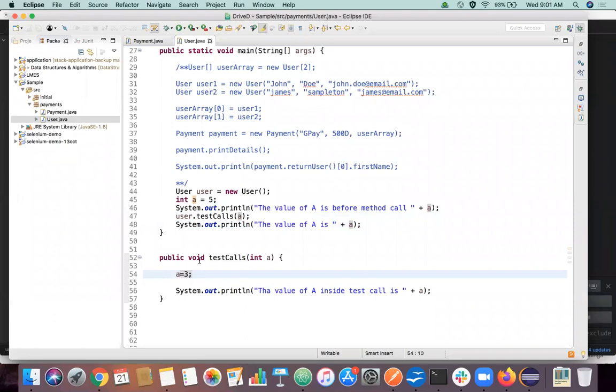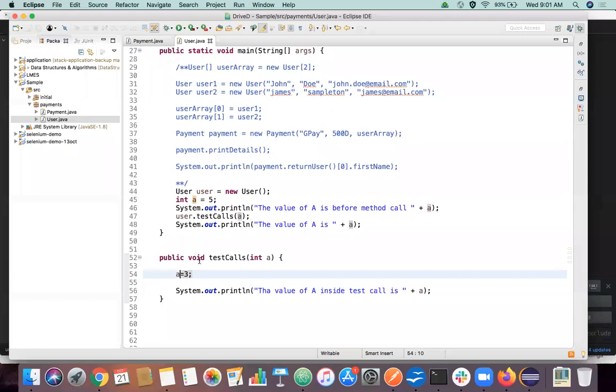Yeah, got it. Okay. So there's one more thing called call by reference actually. Call by reference works only with objects in Java, not with data types like integer, float, string, and all.